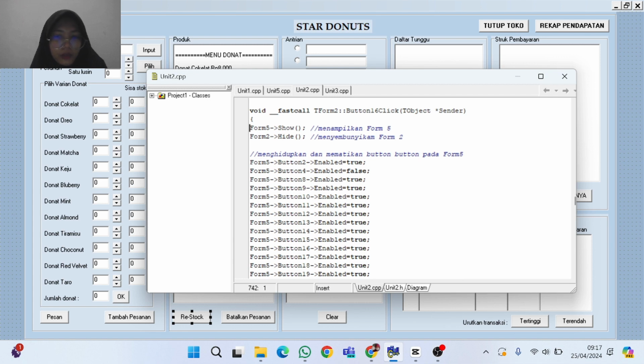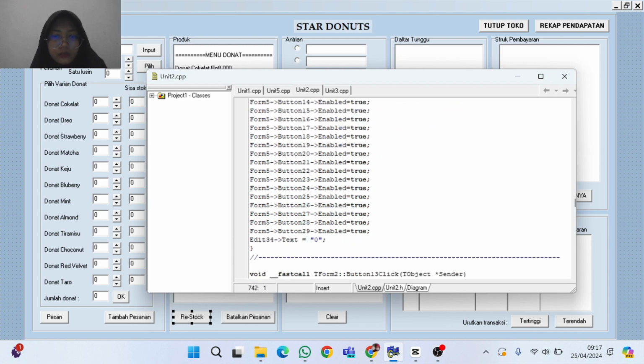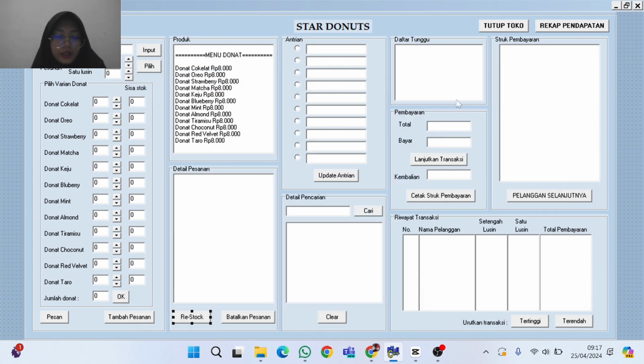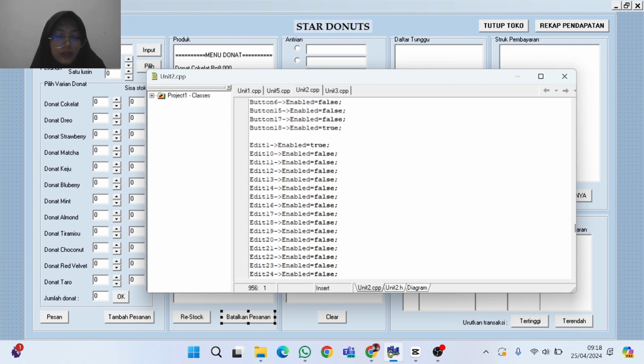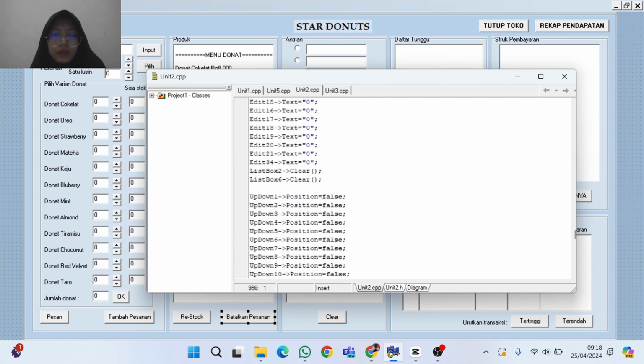Edit 3 and edit 4 will change to 0. Next, here this cancel order button is to delete all customer data that has been entered, turning off all edit buttons and up-downs.